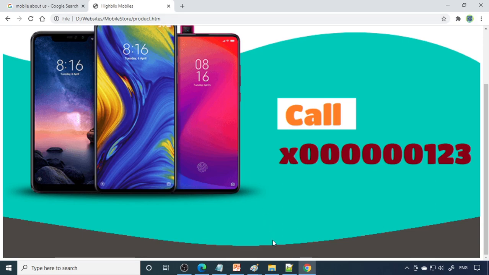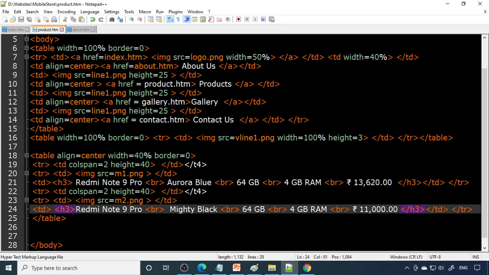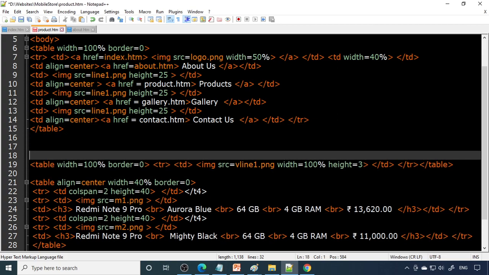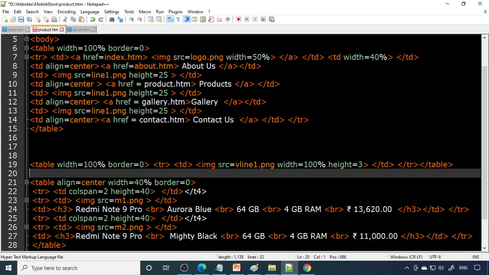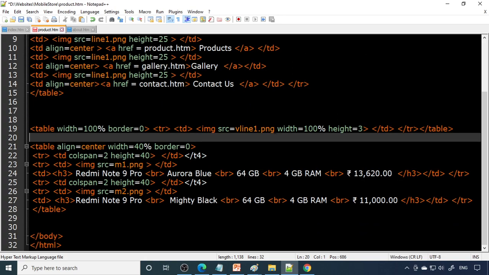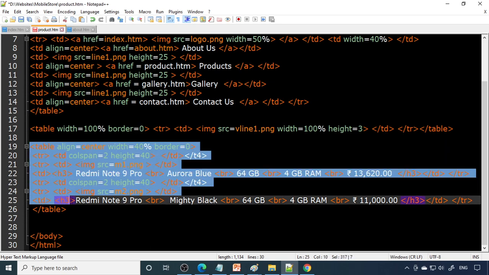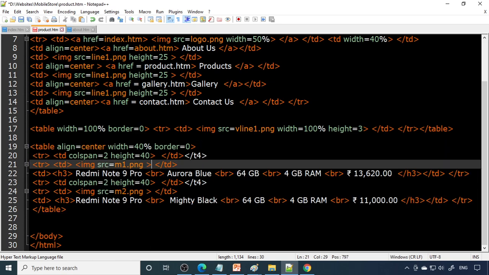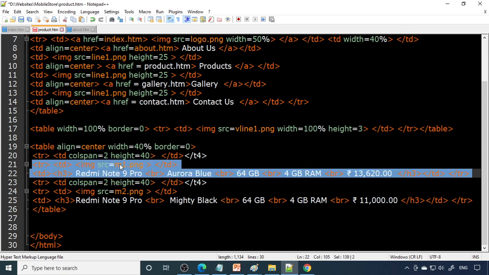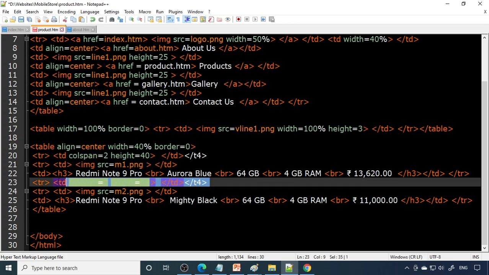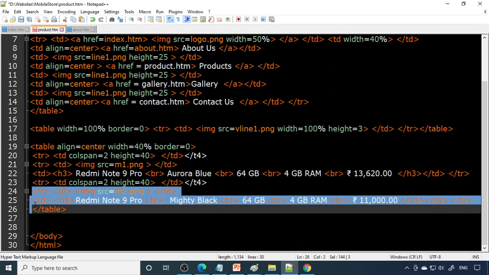There is a product.html. So this is the product page. So you can have a table here. Up to that is a common heading. So this is a table for vertical line. Now here is a table and you are closing the table here. This is the first product. Above that we are giving some space here because otherwise it's merging one to one. So again there is a space here and then again second product details.